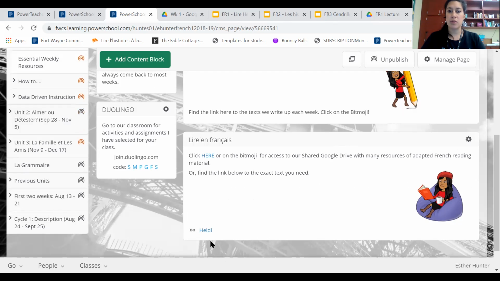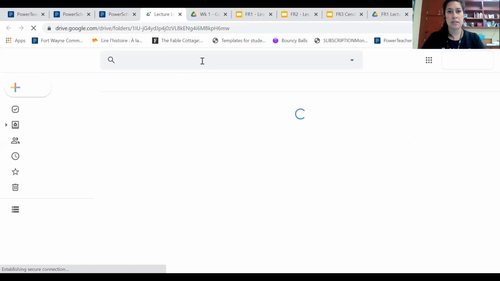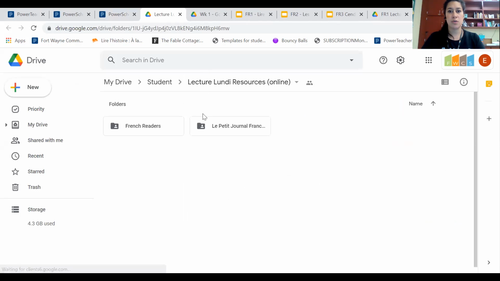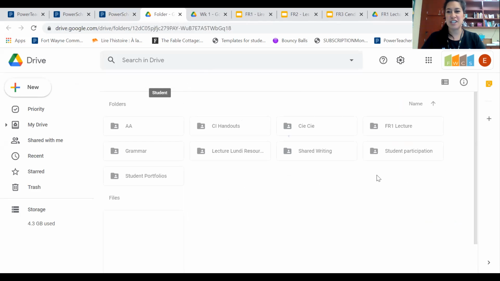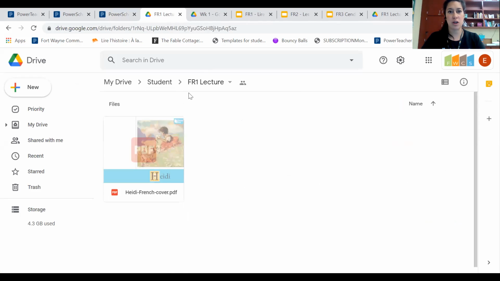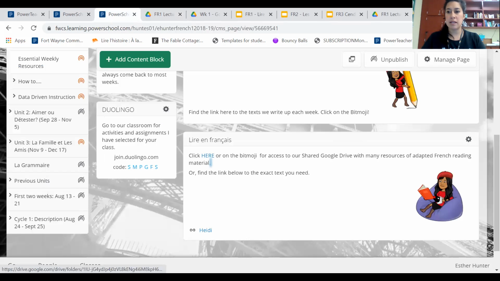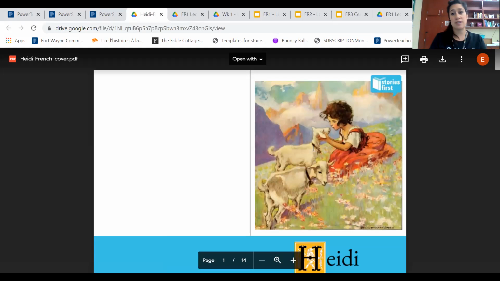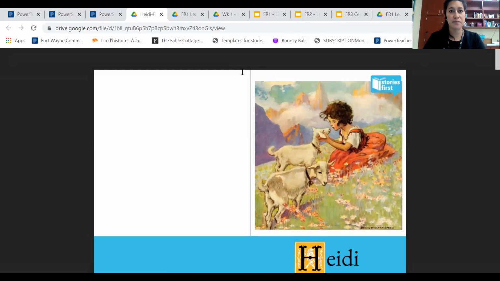But as we read more and more, the list will grow and there'll be more things that you can click on. So this Bitmoji, when you click on this, this will take you to the wrong folder. Okay, I need to change words. This should take you to this one, which says French 1 Lecture. And right now you can only see Heidi. But as we go through, there'll be more things which will be added in here. Okay, so that's one place, one link. Or if you know that you just for sure want to go to Heidi, you click on that, it will just directly open up Heidi for you. So I have put this, not to confuse you, but I've put it in multiple places so that it is simple for anybody to follow.